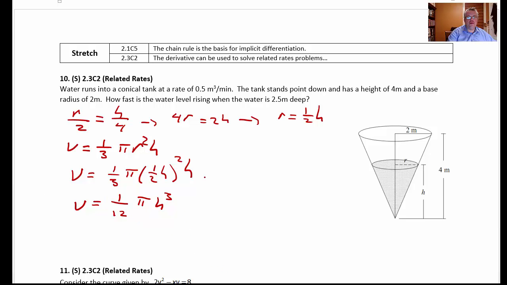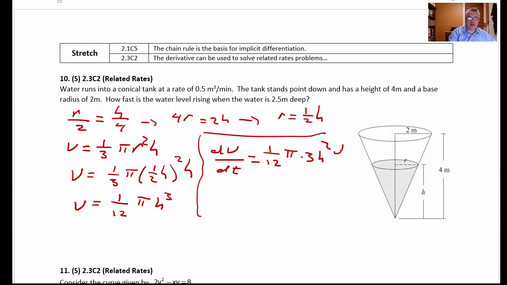Now we're going to take a derivative of that. We get dV/dt equals 1/12 times pi times 3h squared dh/dt. 3 times 1/12 is 1/4, so we get our final formula: dV/dt equals 1/4 pi h squared dh/dt. My goodness. All right, now they want to know